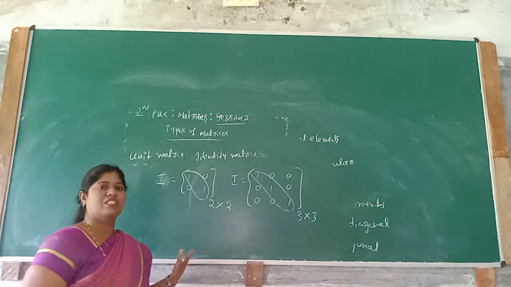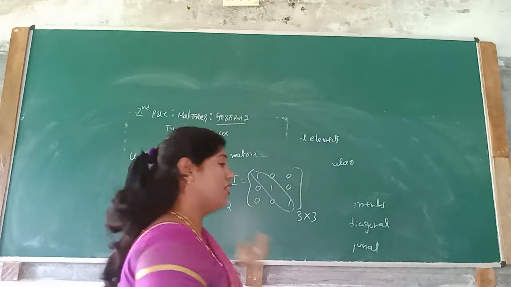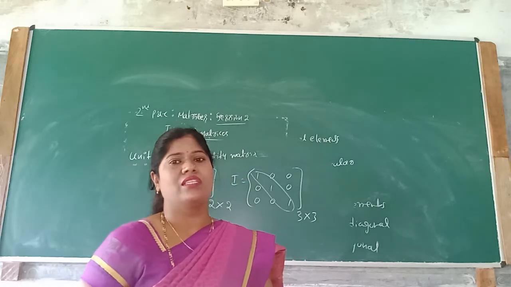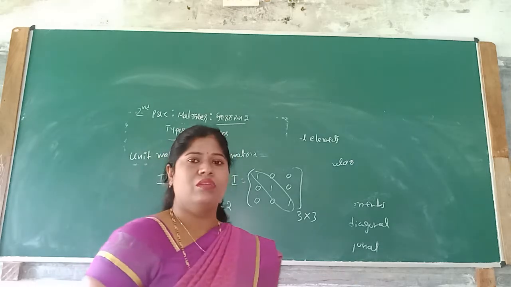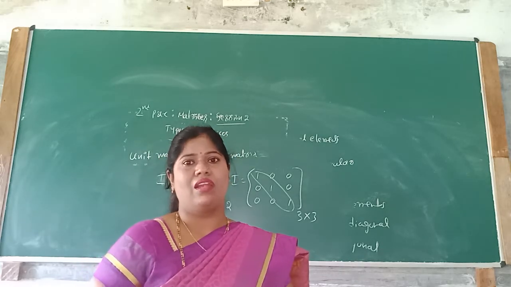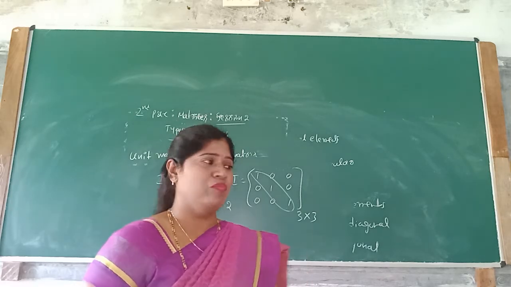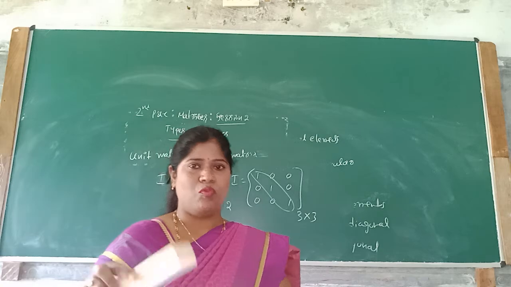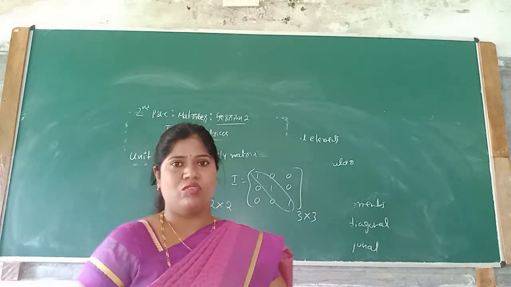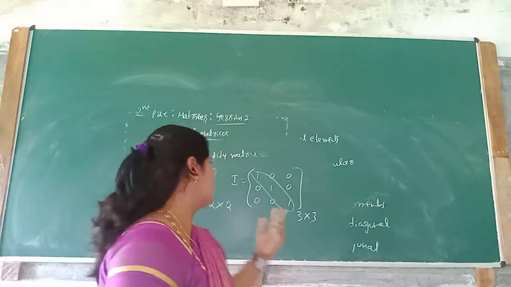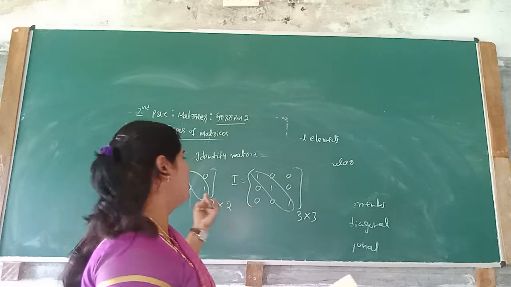Okay. First one is diagonal matrix, next one is scalar matrix, and the third one is unit matrix or identity matrix. Students need to practice it very thoroughly because although it is an online class, a YouTube class, there is no one-to-one interaction. You need to practice it. You have to pause the video and go through it again and again. The first one we have learned today is diagonal matrix. Second one is scalar matrix, and the third one is this unit matrix.